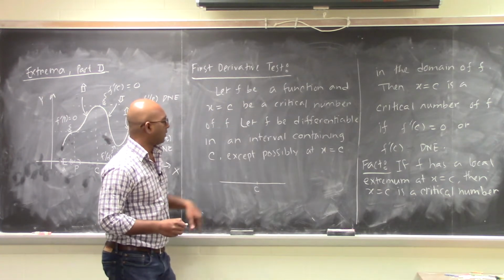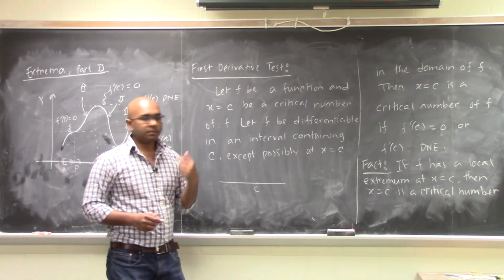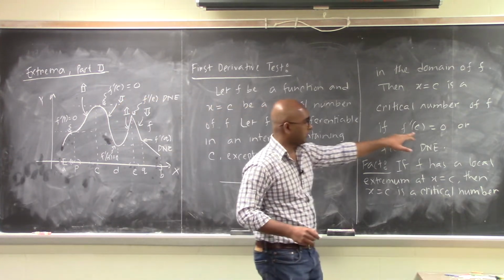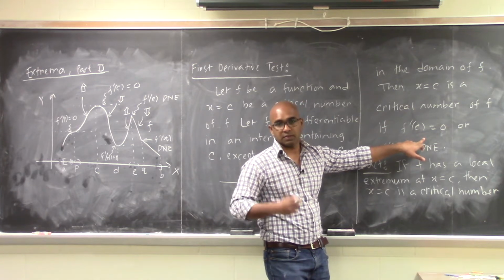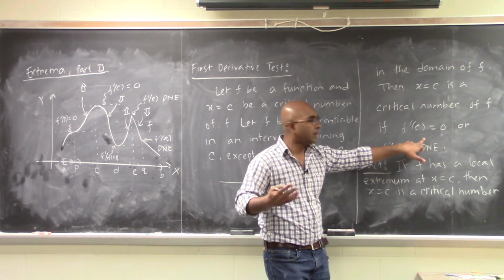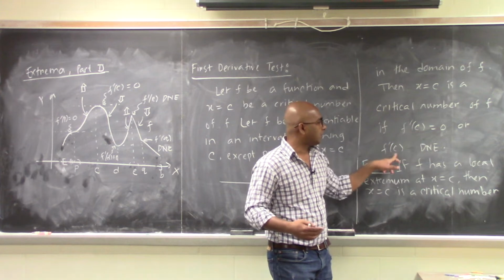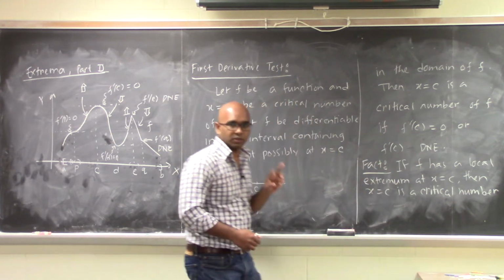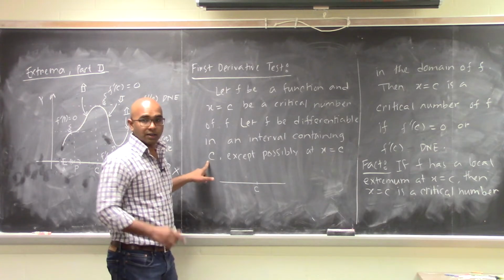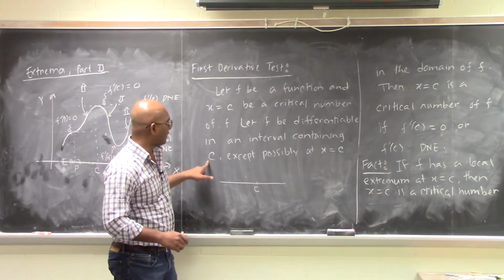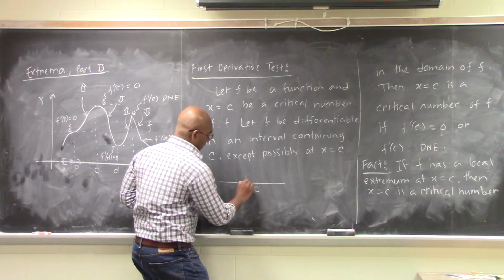X is a critical number. Then 2 things can happen. Either the derivative is 0. So whenever we say f prime of c is 0, that means f prime of c, first of all, exists. And the other thing is f prime of c may not exist. So 2 things can happen. It is possible that my function is not differentiable at c. So that's why we said that